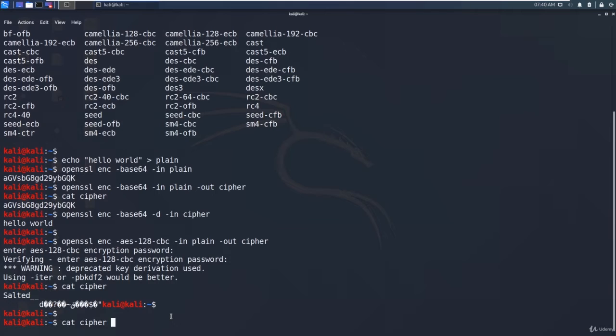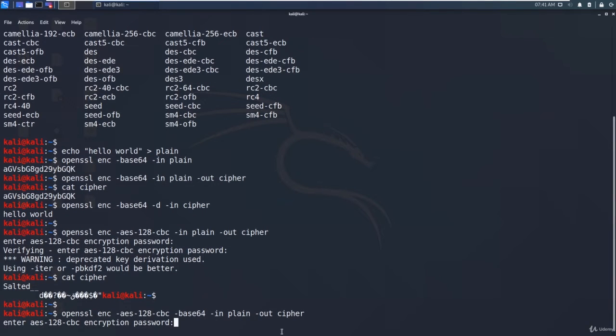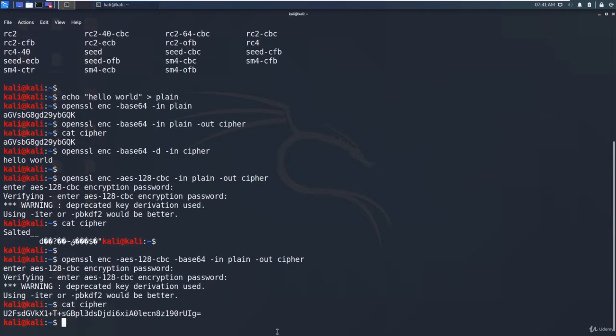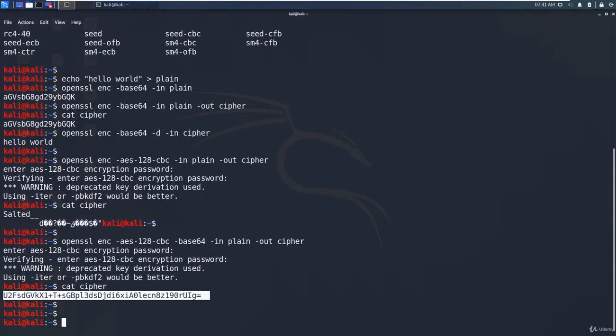So now what we are going to do is we are going to encrypt this whole thing into base64. You can pass multiple encryptions after this one. Suppose first it will take the plain text and apply the AES algorithm, and then it will apply the base64 algorithm. Now if you hit enter, you need to type the password again. Let me type the Nikhil. So if you take a look at this cipher, you will have this base64 encoding. So on decryption you will get this one, and you need to decrypt this AES algorithm. So this is the basic usage of the algorithms in OpenSSL.